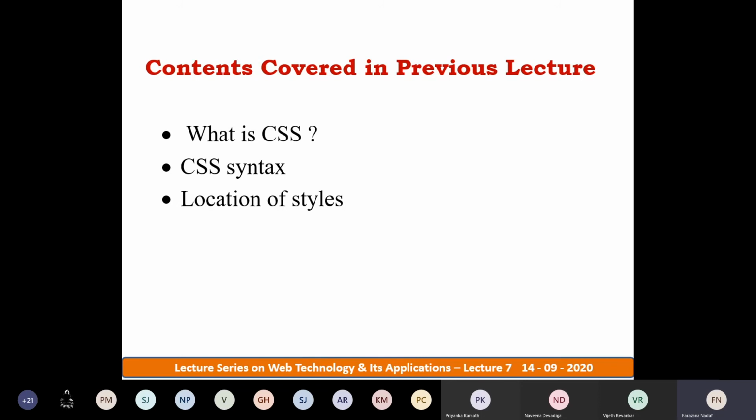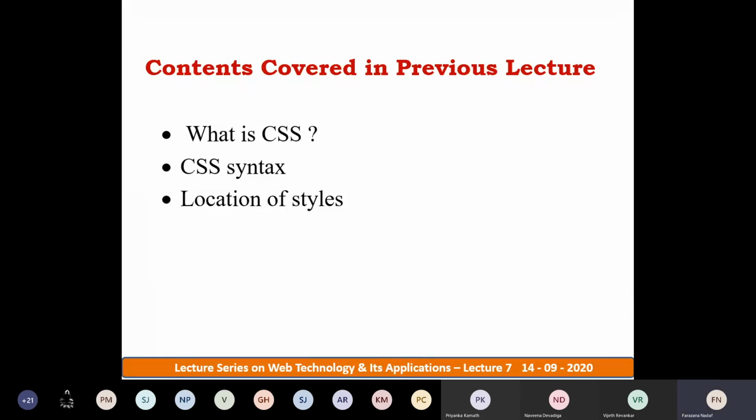Using this syntax, there are three ways of adding styles to a web document: inline style sheets, document style sheets, and external style sheets. An inline style sheet is only for a specific element of an HTML.